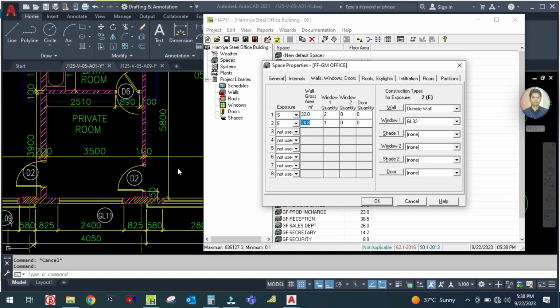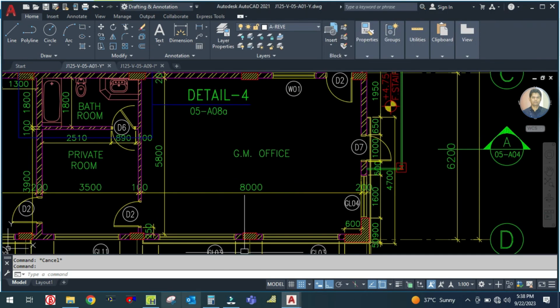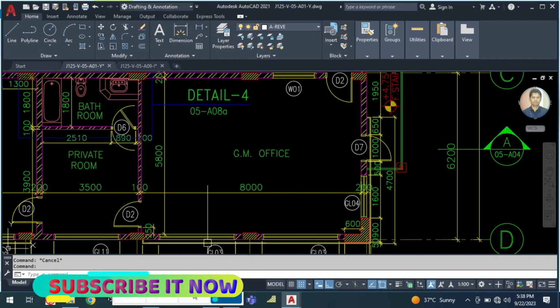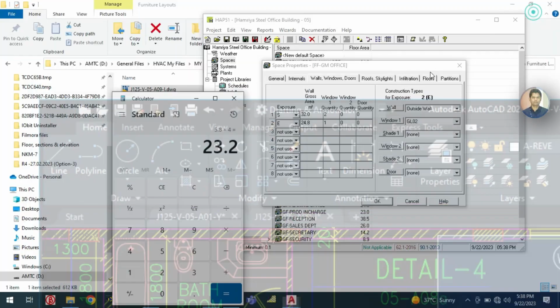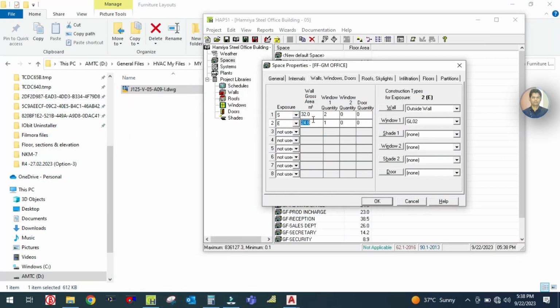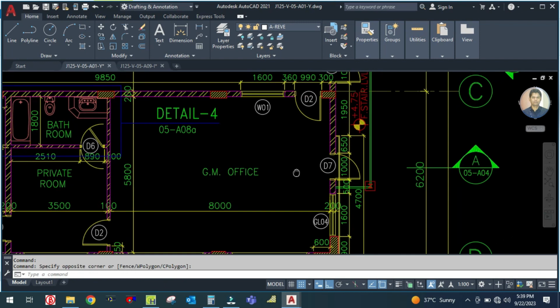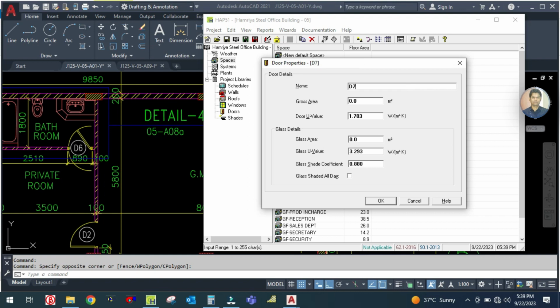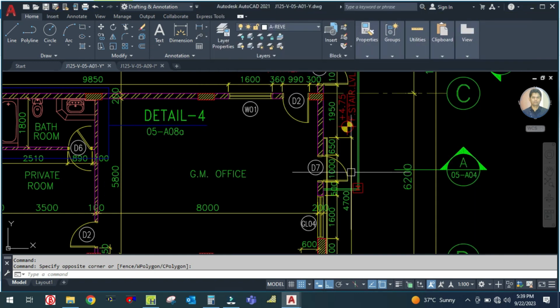Then go to the east exposure, which is 5.8, and here is one door and one window. So 5.8 by 4, which is 23.2 square meter, one window and one door. Here you can check from this drawing, which is the window here, GL4 and D7. You create the window door here, D7. Okay, and door area is 1 meter by